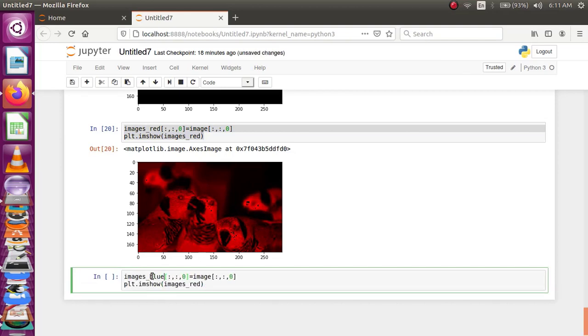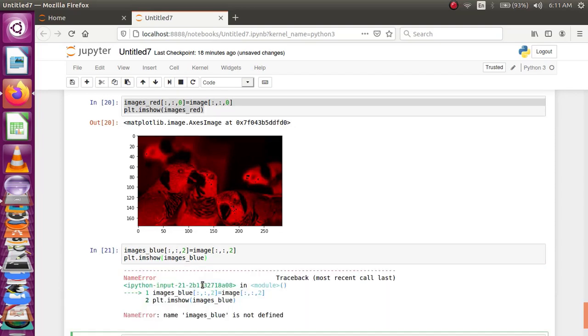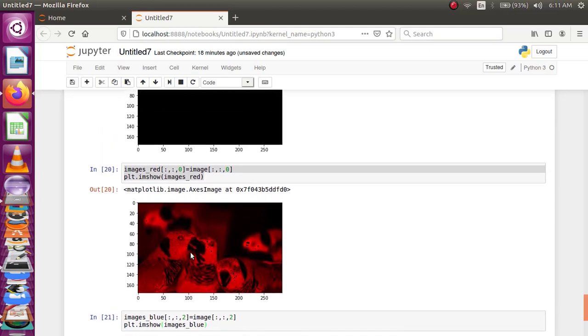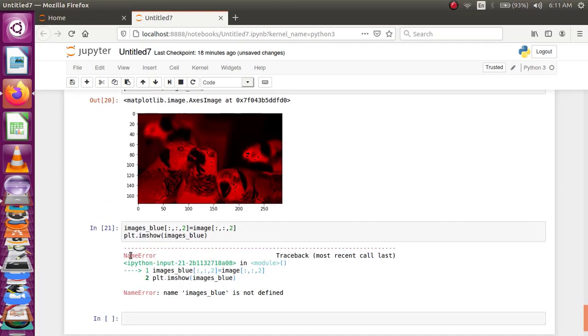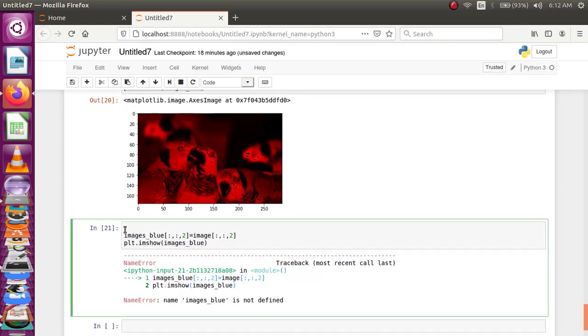This is for the blue channel, and similarly for the red channel too. Green channel. You have to define the image which is completely zeros, and then you have to copy the channels.